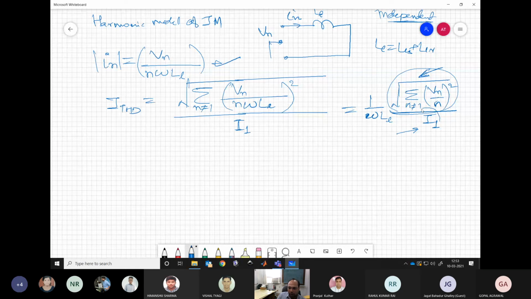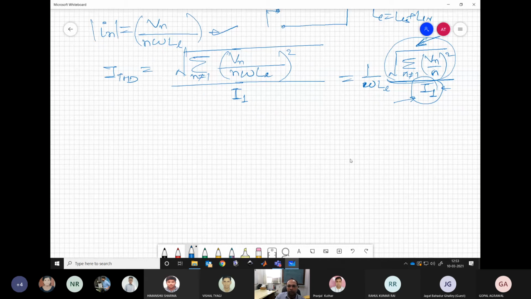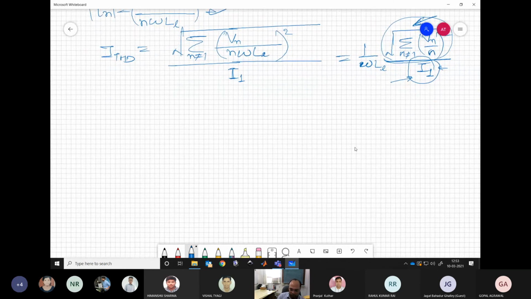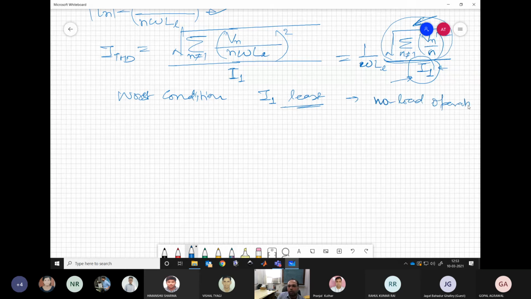But let us try to have the same thing for I1 also. Now, I1 may have different values for different load conditions. So let us take the worst condition, which means the I1 value is least, that is, the no load operation. For no load operation of the induction motor, we have the minimum value of I1, which is mainly the magnetizing current. So if we have the no load equivalent circuit of the induction motor,